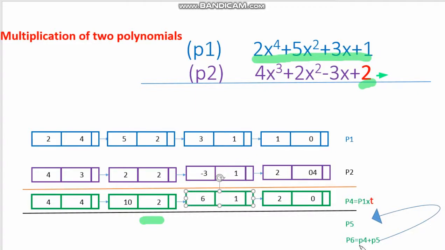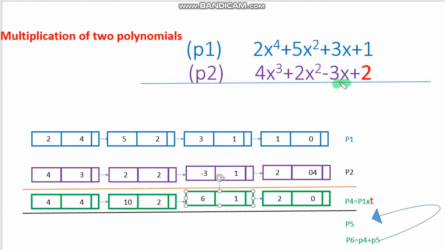Then we do an addition, that is the intermediary addition, that is p6 will be p4 plus p5. So in this case it will be the same as p4 because p5 is a null polynomial. Initially p4 and p5 are added and you get p6. After doing that we copy p6 to p5. That means the addition of the first term will be here. Copy. We will explain this algorithm when we go into the next slide. So we copy p6 to p5. Then what we do? We take the second term. So the first term we have completed.